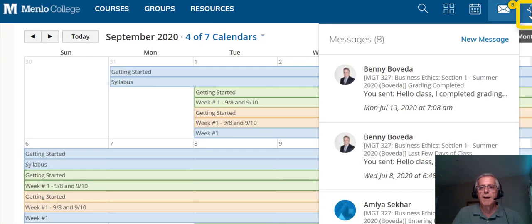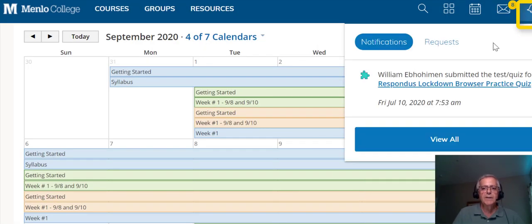You also have this little bell, and the bell is notifications. So let's say a professor does some work and grades an assignment, you will get a notification that you have a comment and a grade for you to review. So that's a good feature as well. It's also a good way for your professors, in this particular case, for me to see when you submit an assignment. You can also request a notification if that's what you want to do.